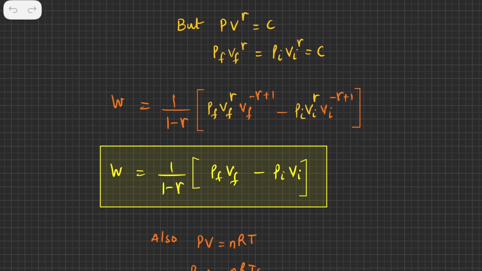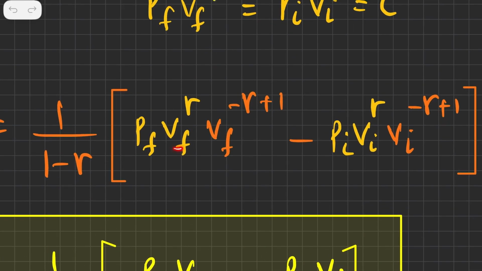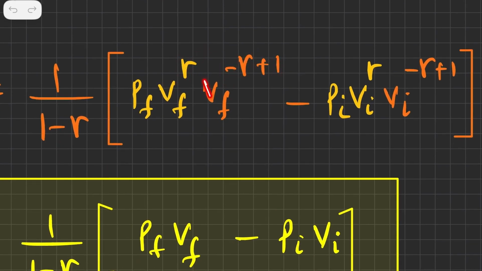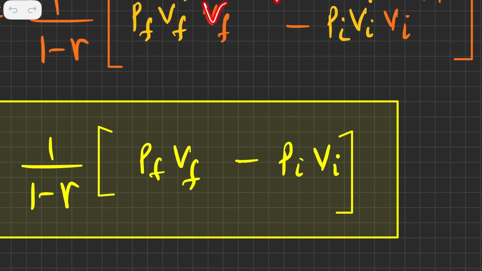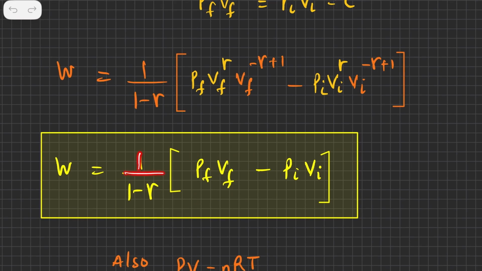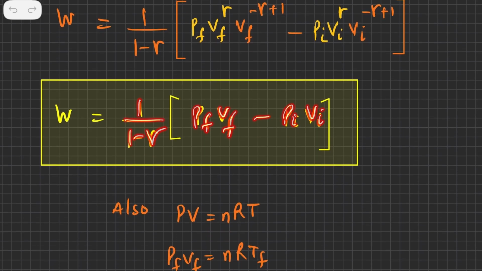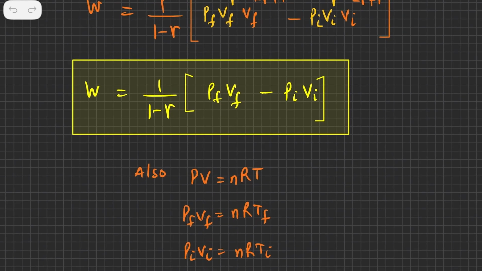Now if you can see, this is v raised to gamma, this is v raised to minus gamma, and this is v raised to 1. So if the base is same, you just add the powers. So gamma minus gamma plus 1, so plus gamma minus gamma gets cancelled, and you remain with v raised to 1, and 1 we don't write. So I get 1 upon 1 minus gamma as it is, pf vf as it is, pi vi as it is, and that's it. So this is what work done for